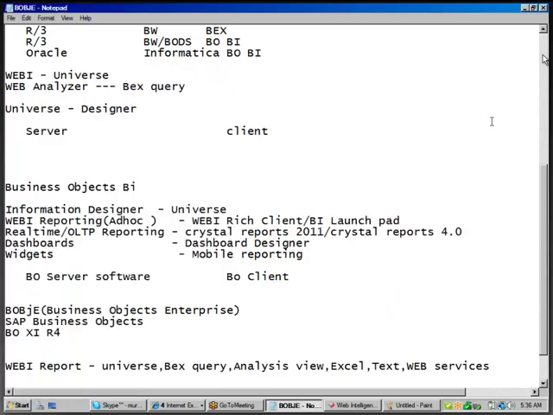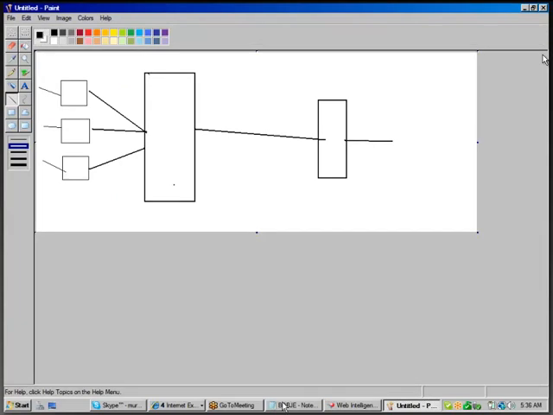Please keep in mind, for creating a WebAI report on top of any database, it is mandatory that you create a universe. Then the very next question is, why do they require a universe? I just want to explain the definition of universe.